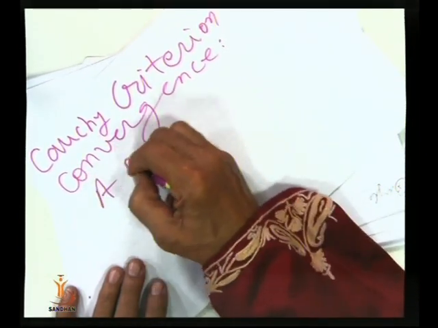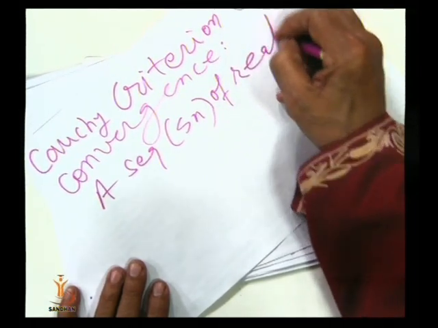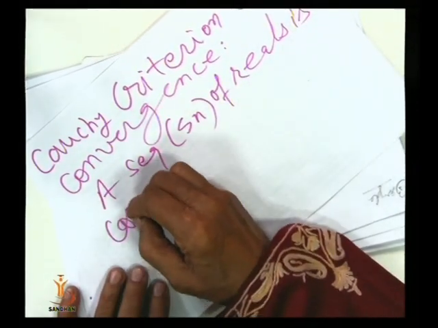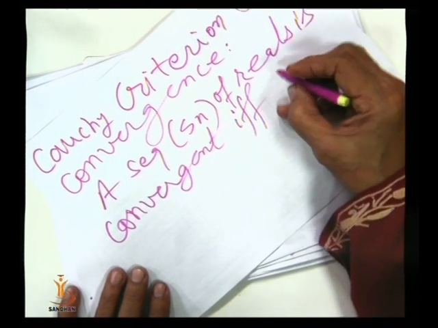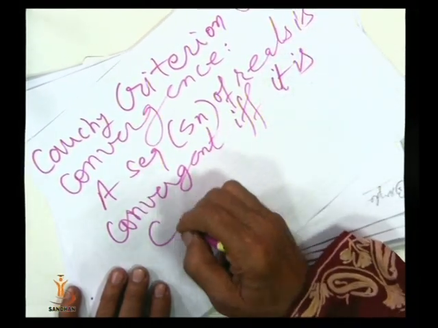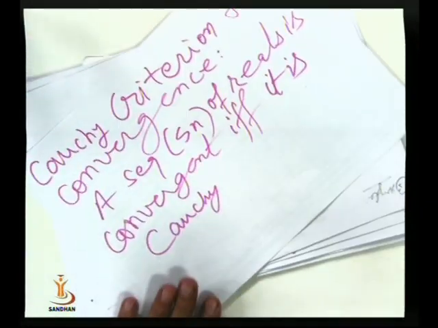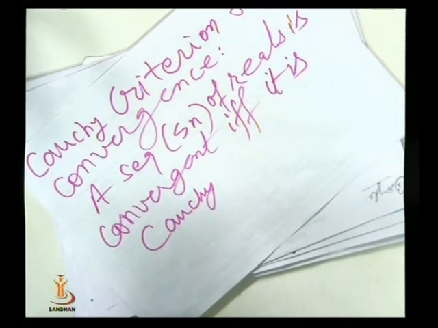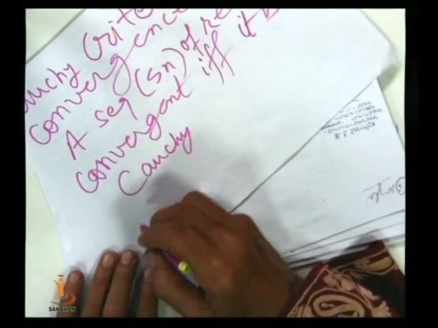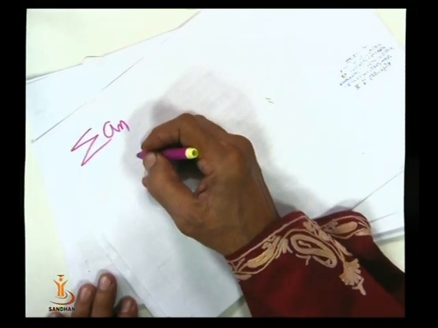So a sequence Sn of reals is convergent if and only if it is Cauchy. It is Cauchy, and we defined the Cauchy sequence. So if this is the case, then a sequence Sn of reals is convergent if and only if it is Cauchy. And if I take the series sigma an, then